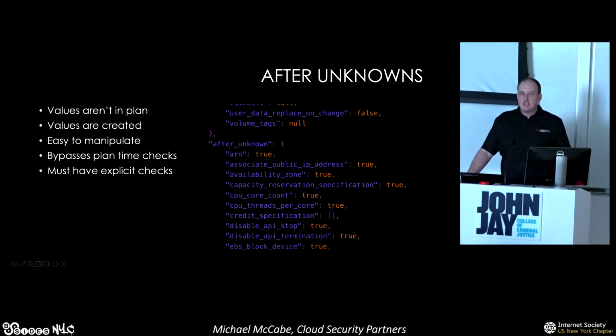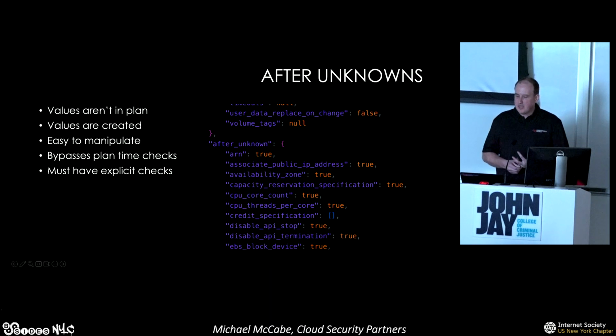after unknowns. So Terraform does a best effort to basically say, okay, here's what the current environment looks like, here's what we're going to create, here's what we're going to update. But then there are some things it can't know at plan time. So things like ARNs for newly created resources, references to some resources can become after unknowns. If you have very referential relationships between modules, that can become after unknown. So what is the problem with things being after unknown? If you think about your Sentinel or your OPA that runs on your plan, if these values aren't known, how do you validate those things?